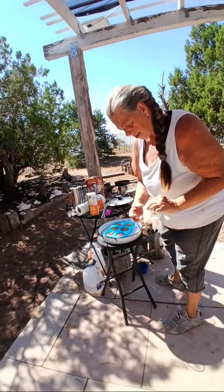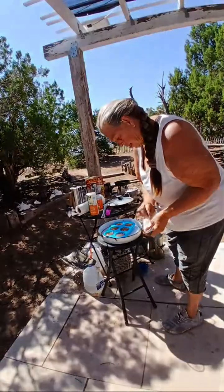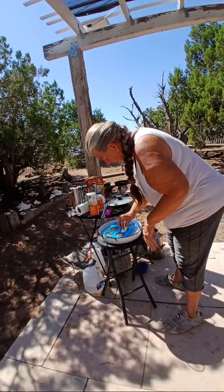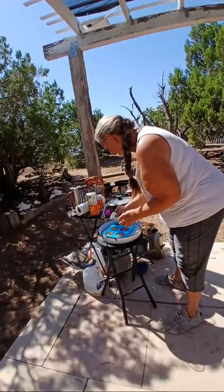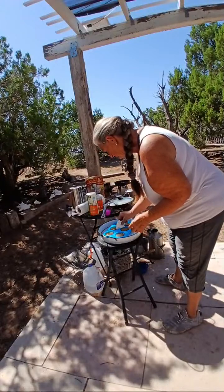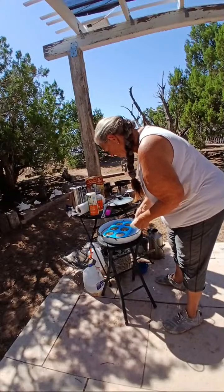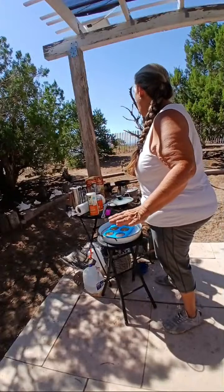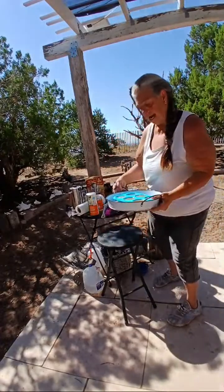I got it. So, clean side of paper towels. Okay, clean side. Get as much of that off as I can, go away flies. And we won't worry about it because I'll be able to clean that off. And then I'm going to take this tray, which I'll have to wash later,